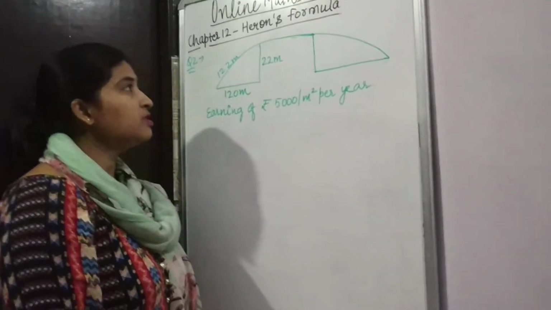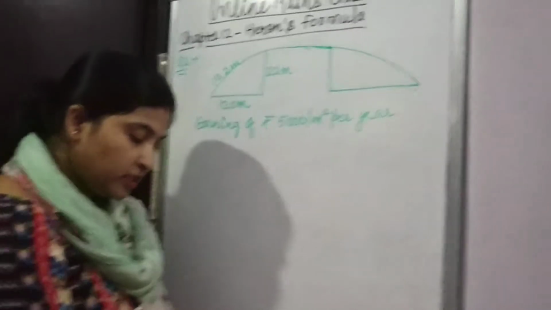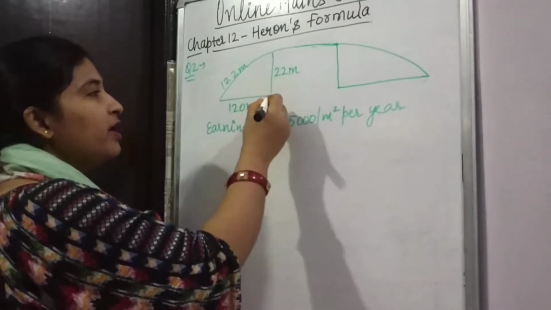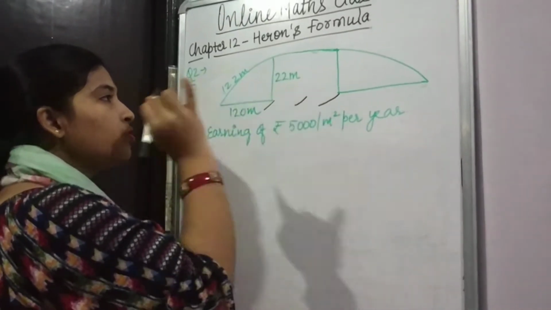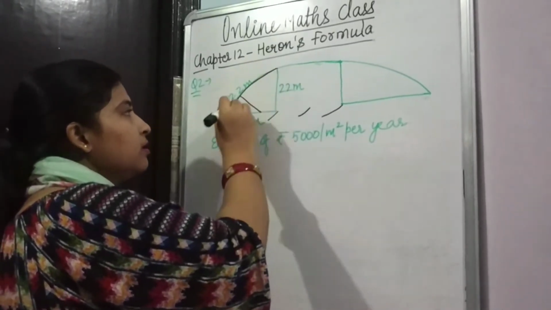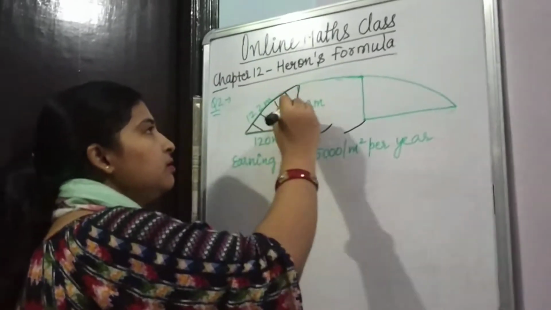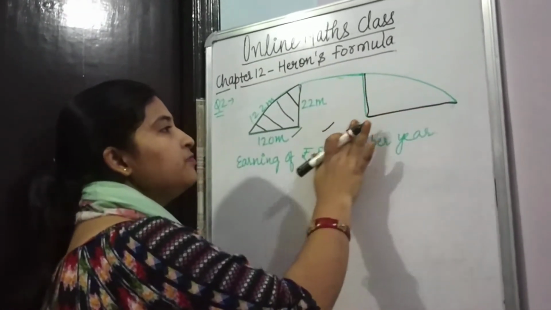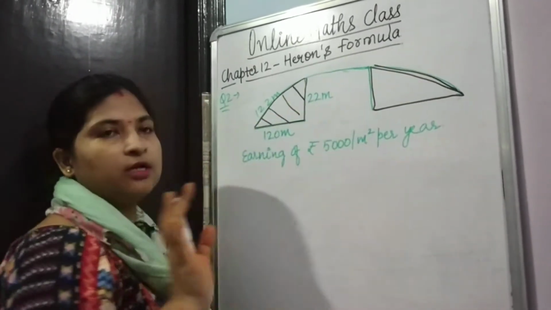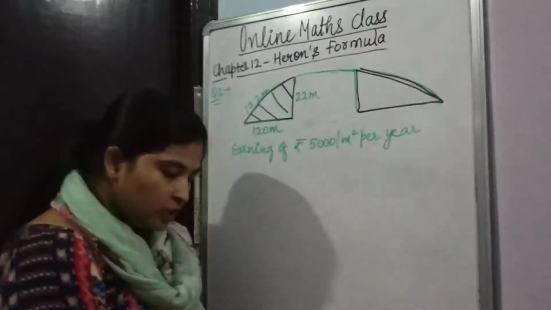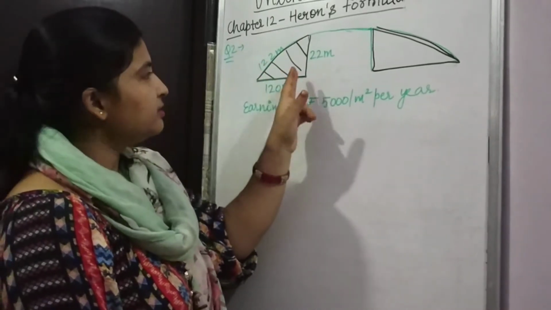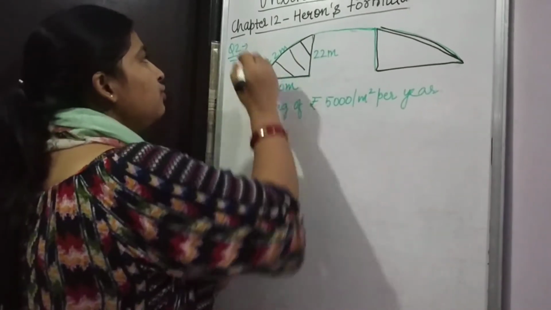Yes, students, see question number 2. The triangular side walls of a flyover have been used for advertisement. You can see this is the flyover. I have not made the complete flyover. From here the road is there. So there are two parts of this triangle, that is this one and this one. What we have to do is paste some posters here. Whenever some pasting is done, we have to pay the rent for it. So when I take one wall, I am taking one wall for 3 months.